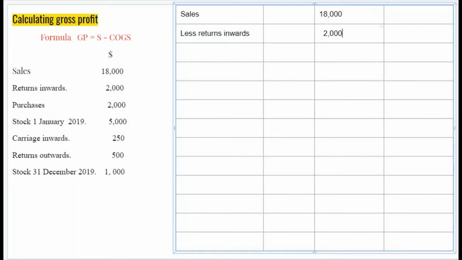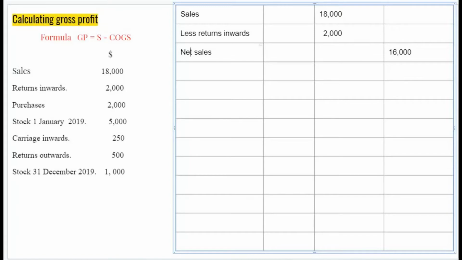So when we minus 2,000 from 18,000, we are left with 16,000. This 16,000 is known as the net sales, total sales. Let me correct this. Net sales, total sales. Now, if you do not have any return inwards, then you will go quite ahead and